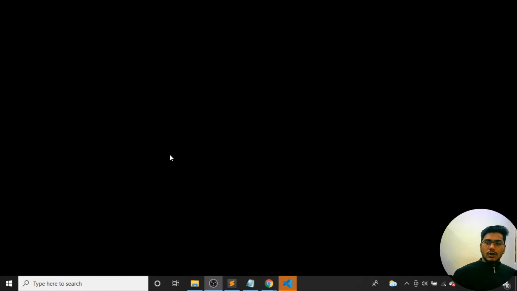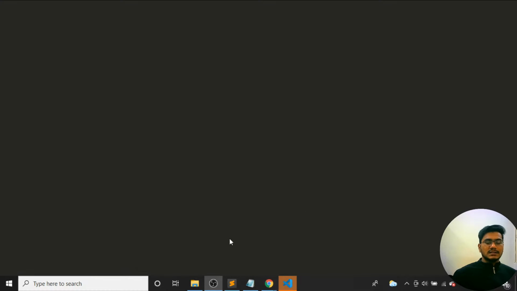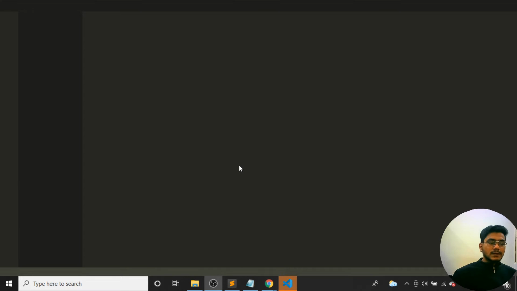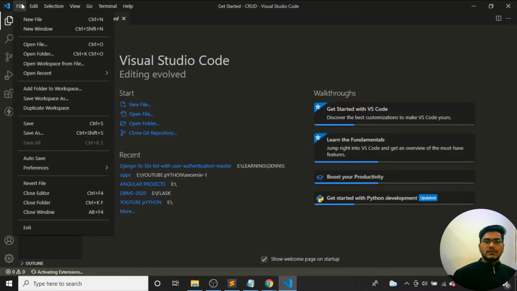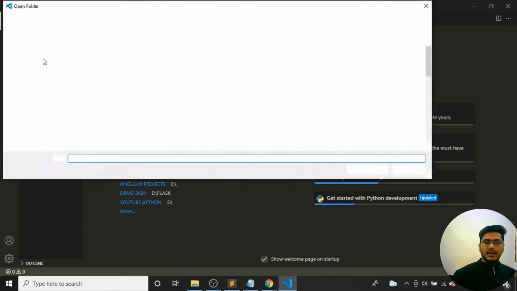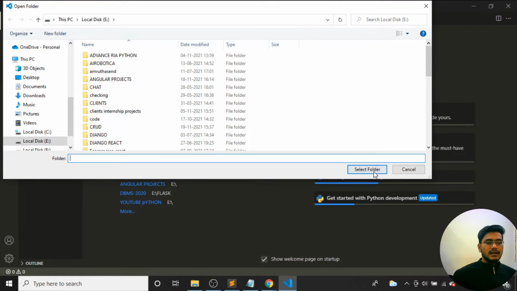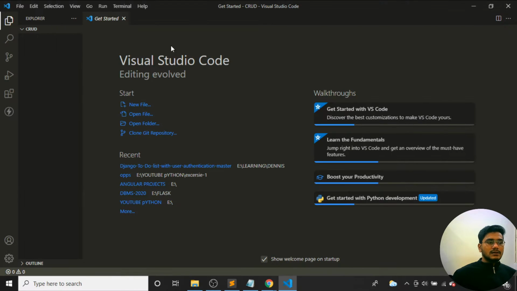You can easily open Visual Studio Code with the command prompt, or directly click on the logo of Visual Studio Code. It will give you access to open VS Code. Okay, since it has been opening over here, I can see the particular folder has been opened inside my Visual Studio Code. I can also open the folder from File, click on Open Folder, and whichever folder you have created, just select the folder and click Select Folder, and it will open over here.